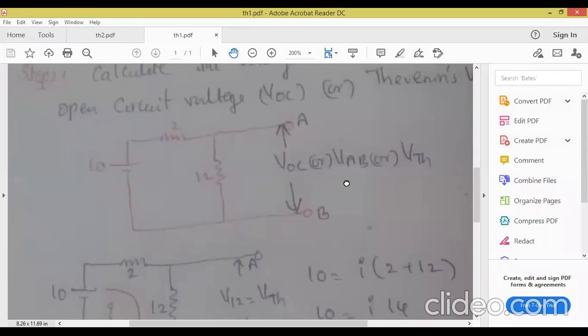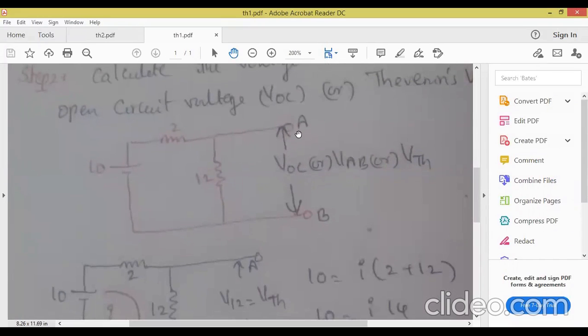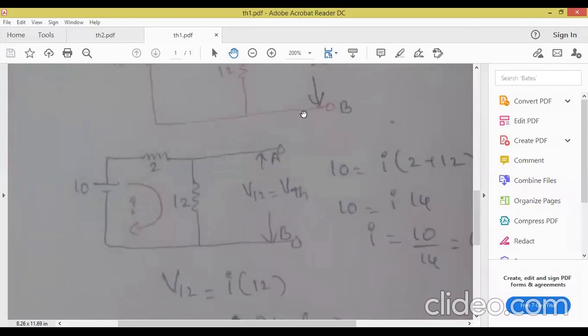Now all the students, I am asking you, keep one meter here, a voltmeter. Voltmeter measures the voltage. If I watch from A and B, you watch this circuit. Assume that you are watching the circuit from A and B only. Which component can you see only? You can see only the 12 ohm resistor. Yes or no? This 12 ohm is connected to A and it is connected to B. So what is this open circuit voltage means, now you see, now this circuit we are having. How many meshes we are having? Anyone tell me fast. One. One mesh. One mesh, sir.